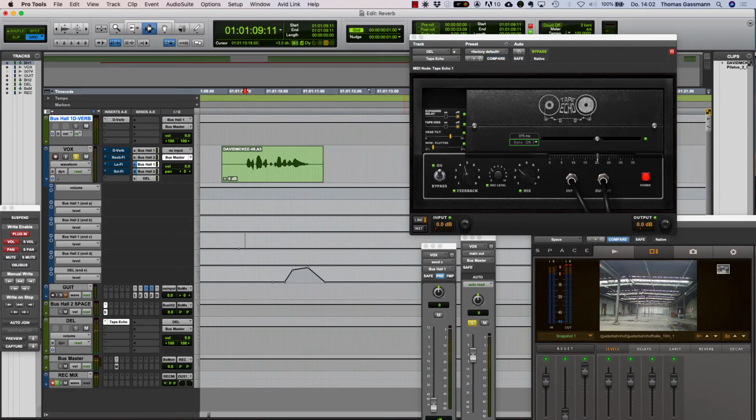Why does it start to sound that way? Because I put the feedback to 100%. So the whole sound is looped again with a little bit of low cut, so it starts to